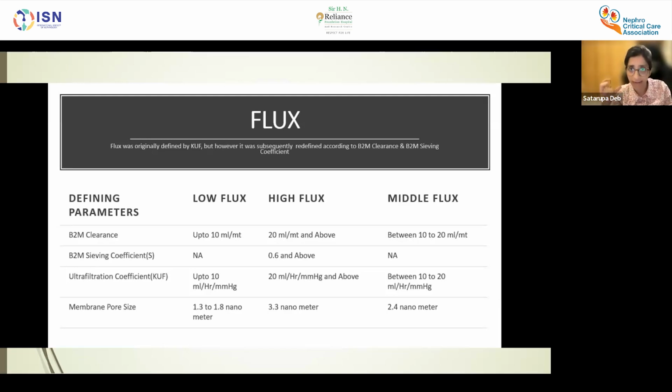To specifically dialyze the beta-2 microglobulin, you need a high flux dialysis. The other scenarios where we want a high flux dialysis is when you want to get certain toxins out of the body, in certain cases of poisonings where the molecules are larger in size, and also in cases of multiple myeloma, where there is amyloidosis or increased beta-2 microglobulin, where the size of the molecule is increased, and there you will have to use a high flux dialyzer